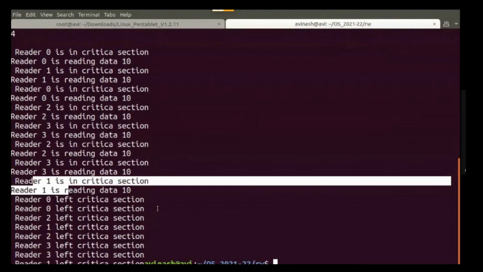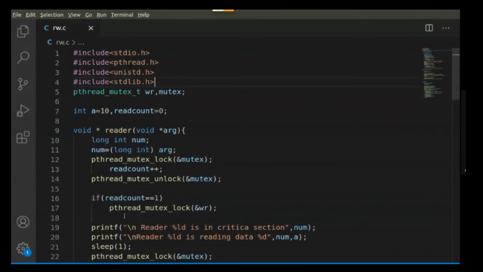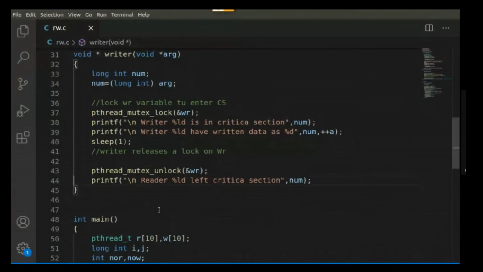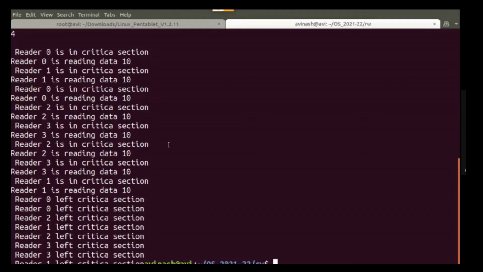Okay, but there is no message from a writer. Is there any problem in the writer? Here there should be messages from a writer. Check the output.